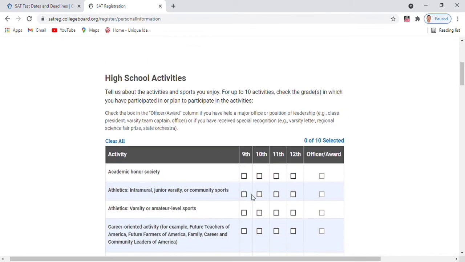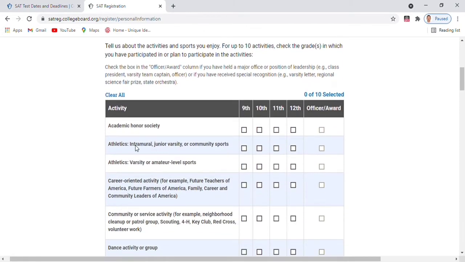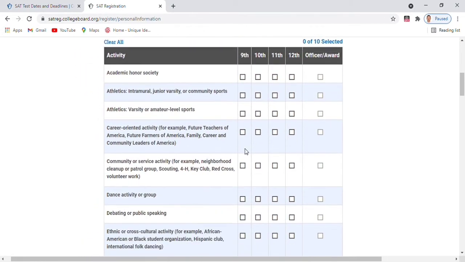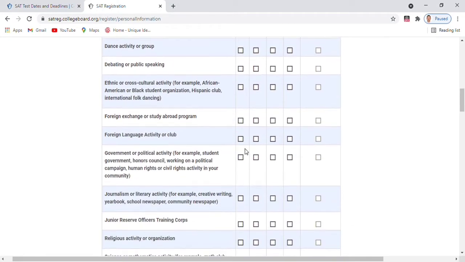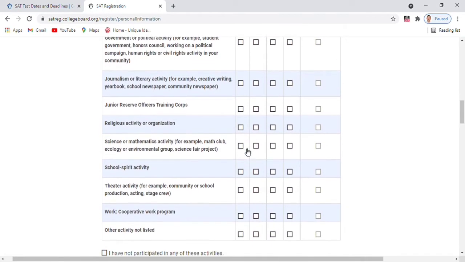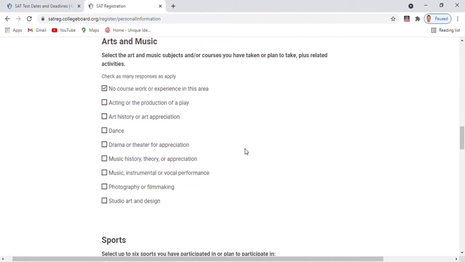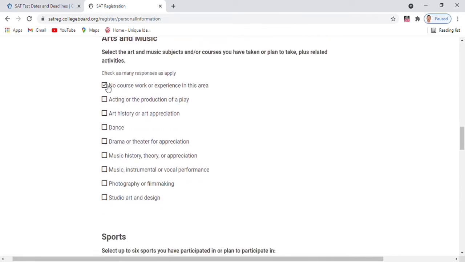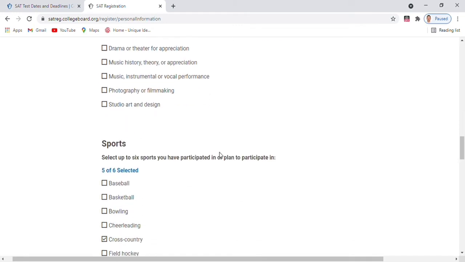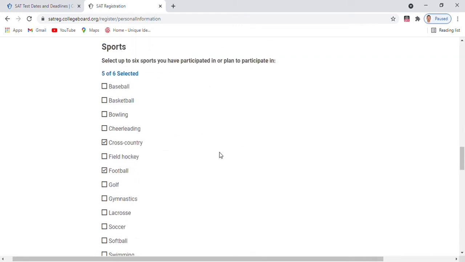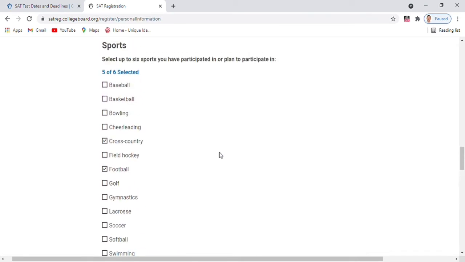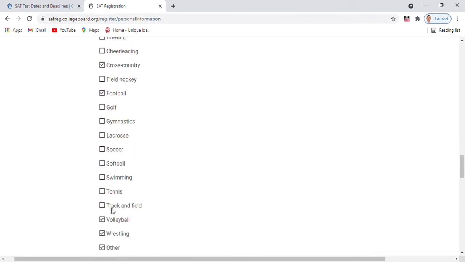After this you see high school activities, whatever you did in your high school. You see athletic, foreign affairs, language, whatever, but I did not wish to respond to all these activities. These are general information you have to fill in yourself. These are not important. Whether you want to fill them or not, you just continue if you do not want to respond to all these questions. So I just fill the general information, whatever I do or do not do.